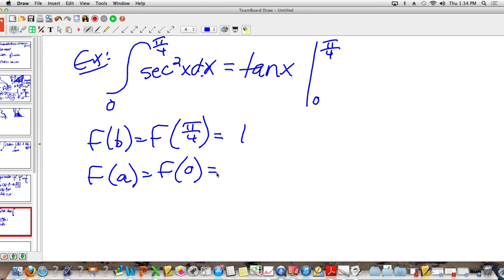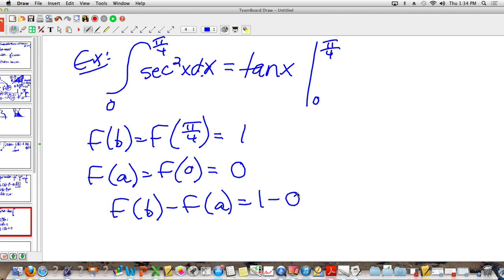I think it's 0. It's ironic that both of the examples I have given you have been 0 for the second value. That's not always going to happen. In fact, it usually doesn't, so I apologize if that happened like that. So now when you do F of b minus F of a, you have 1 minus 0, which is